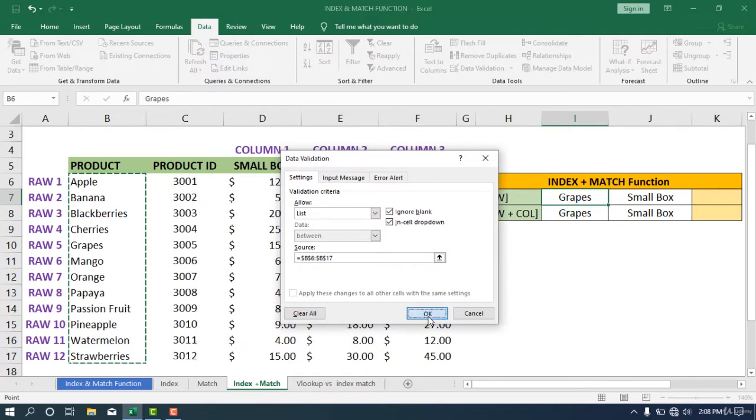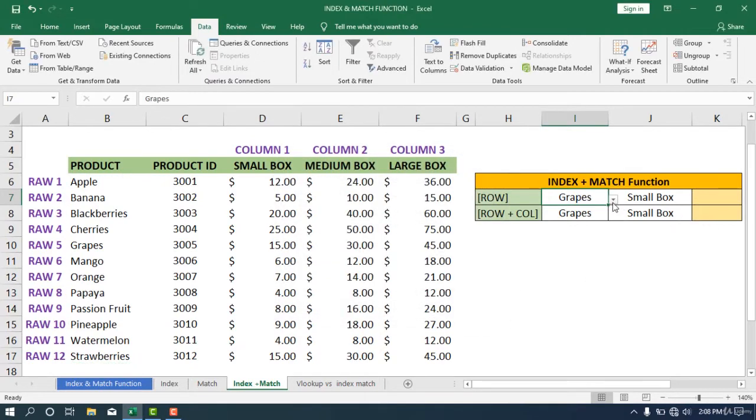Then I'm going to click the OK button. If I click OK, you can see that the mark will come here. That is a drop down list. So you can choose the product in this cell, right? Whatever you want, you can choose it, right? So I'm going to choose apple. Then if you want to get this product's small box price, we can use the INDEX and MATCH functions,